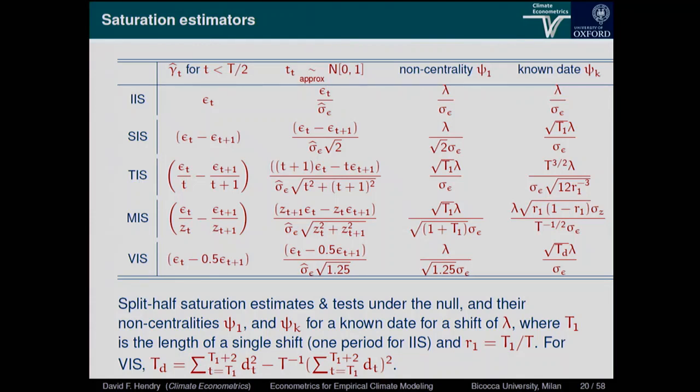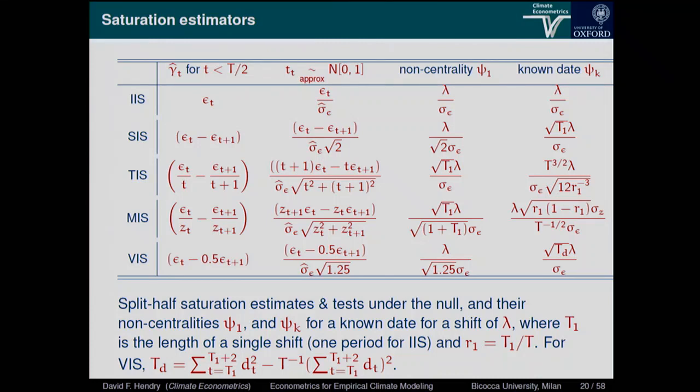And the reason you don't want to do split half is these are not very good. When you do split half, you eliminate all the irrelevant indicators, particularly when you do it at a very tight significance. And then you end up, if you hit the right split, which is T1, obviously it has no effect on impulse indicator saturation. It gives you a huge increase in power, root T1 divided by root T2 times root T2 for SIS. So it's very good at picking up step shifts. It's hugely good at picking up trend shifts. It's T to the 3 upon 2, so it's got enormous power.